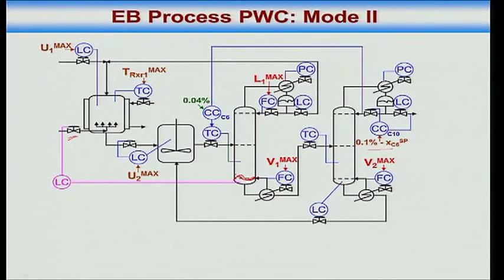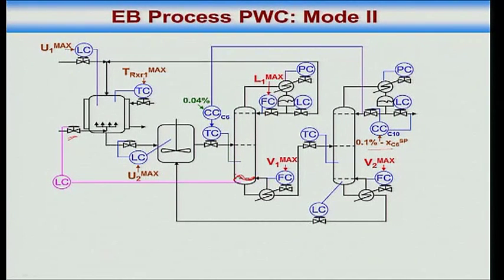Only problem is, if I make a change in the ethylene valve, in the ethylene flow, how long does it take for that effect to show up in the level? It turns out that because these two reactors are CSTRs and they have been designed for complete conversion of ethylene, residence times are very large, 1 hour in reactor 1, 1 hour in reactor 2 at the design condition. So, if I do something here, by the time it has an effect on the level, the tank may change. If we change the ethylene input stream, then we should change the benzene input stream also. The level controller will take care of that. That's what I am trying to show.